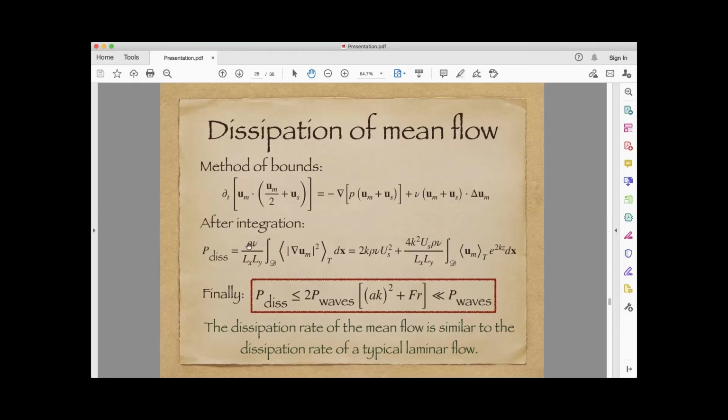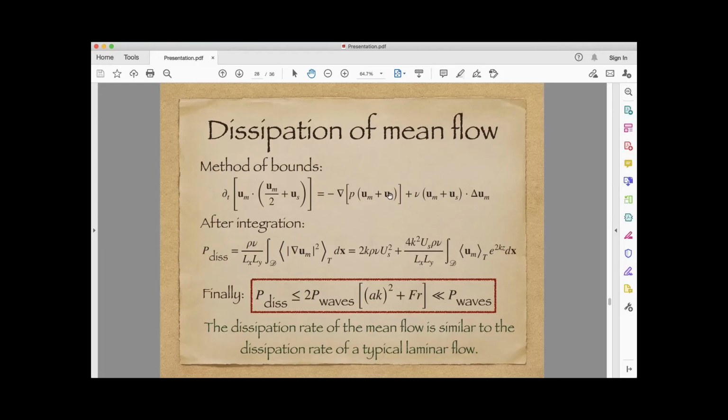Now you can analyze this. You can take the average in time, and then you take the average in space. If we do this, what we find is that the dissipation of the mean flow, defined as P_dis, which is nothing but rho nu over Lx Ly integrated over the domain of the gradient of u whole square dx, this dissipation rate, is equal to